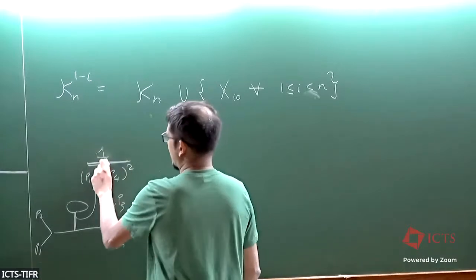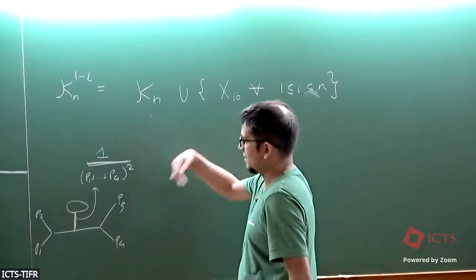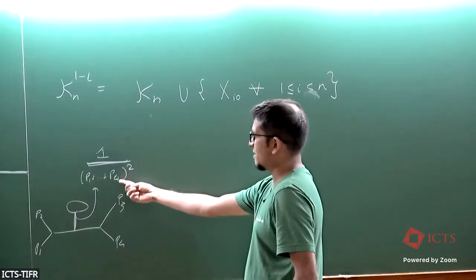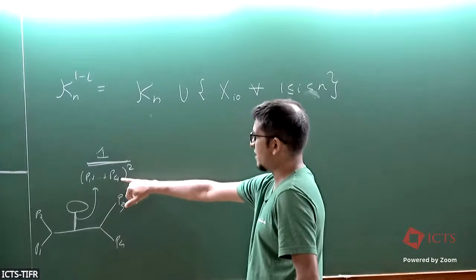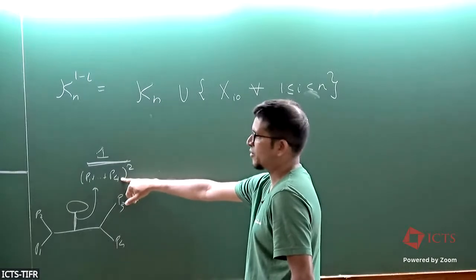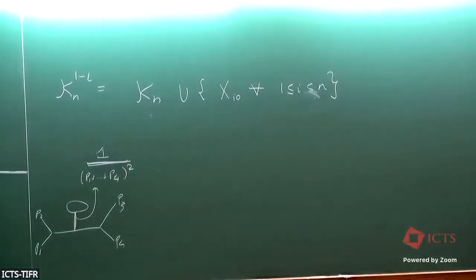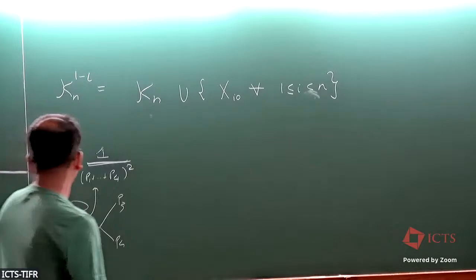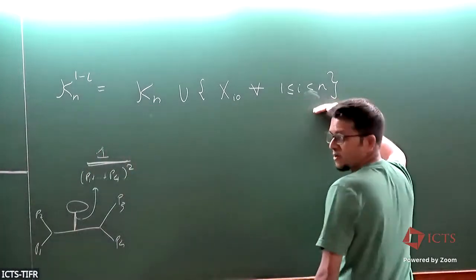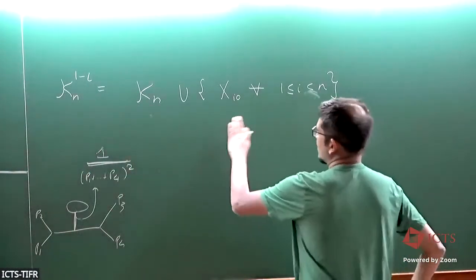Of course, I have to regularize it carefully, etc. But formally, when we have tadpoles, we get invariants like this, and these invariants have so far not been included because in Kn, remember that we didn't include, for example, in n equal to 4, p1 plus p2 plus p3 plus p4 squared, because that's just 0. And so if at loop level, we have to include formally extra bases